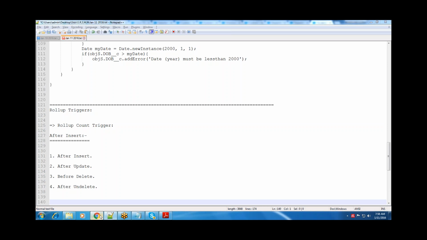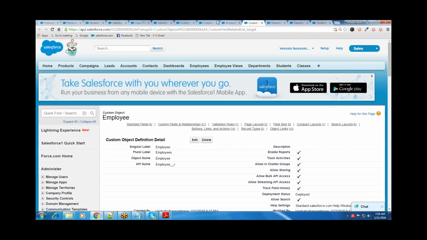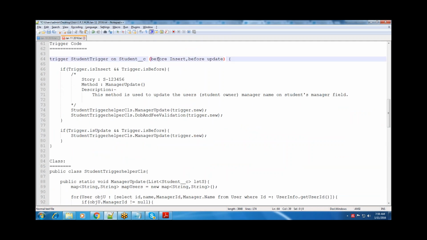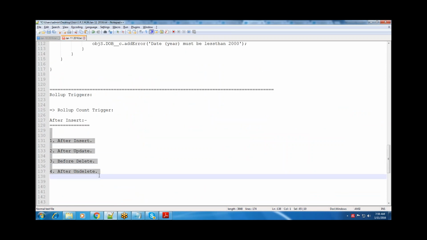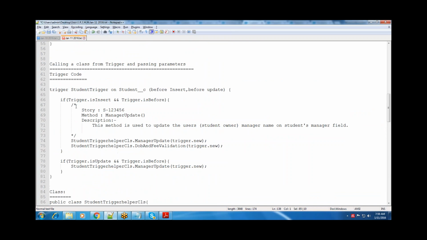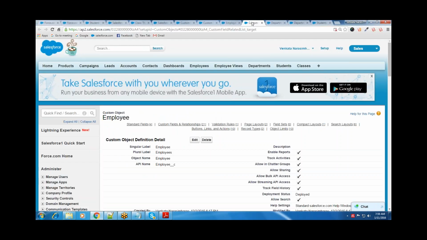Let's say we have already written some logic on the student trigger. We have already written trigger code with the events before insert and before update. We are not using before insert or before update here, so we don't need to change anything in the existing trigger. We have to write separate context variables and our own logic. So let's say, for example, the requirement is for after insert. The first event is after insert. So once the child record is created,